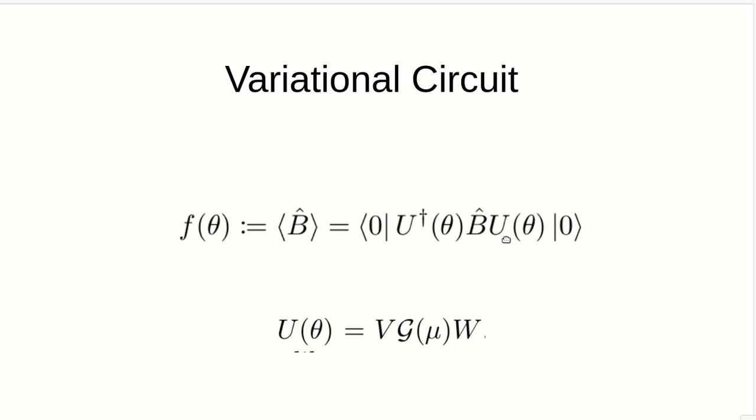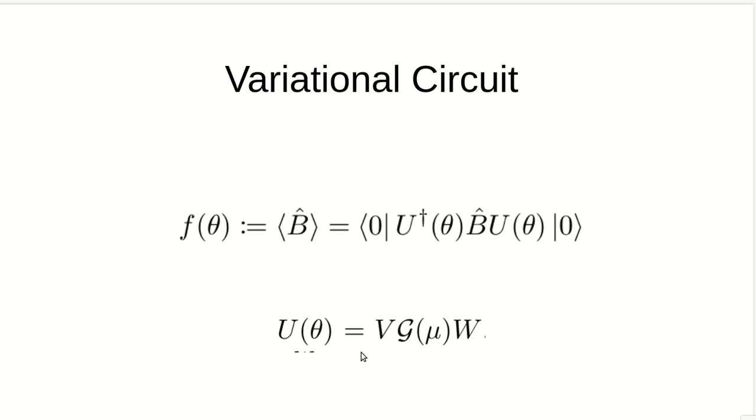Now what we are interested in is basically to find the partial derivative of this function with respect to some parameter or the set of thetas, right? So we will find element-wise differentiation of this function. Say you want to focus on mu, which is one of these thetas. Then in that case this overall unitary operator can be decomposed as a product of V, some gate G which depends on this specific parameter value mu, and the remaining gates W.